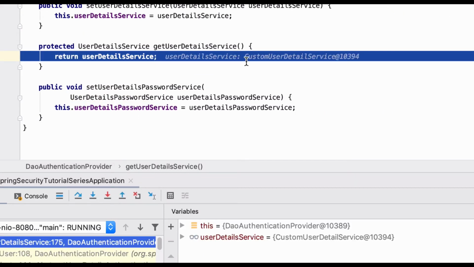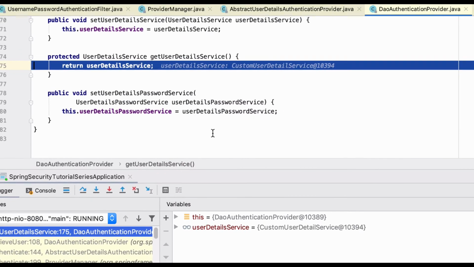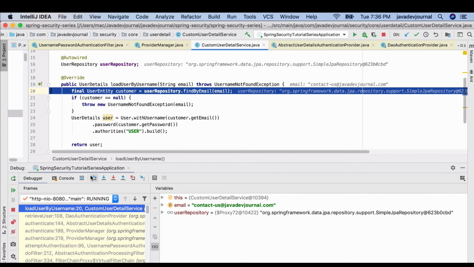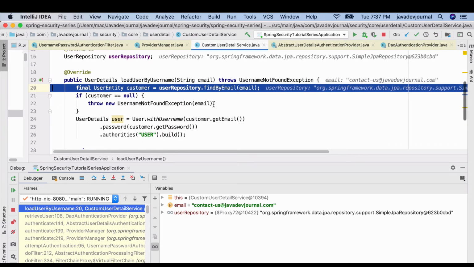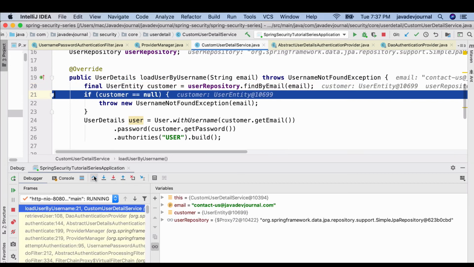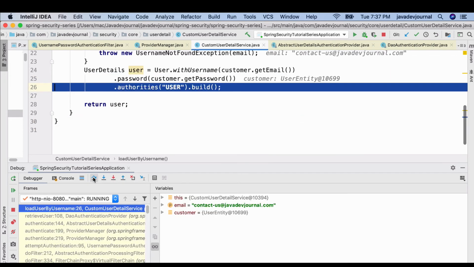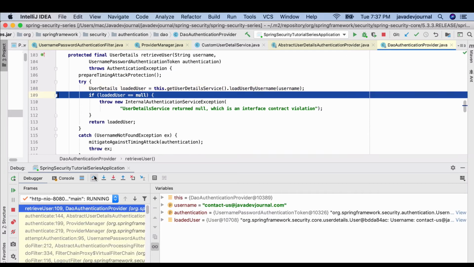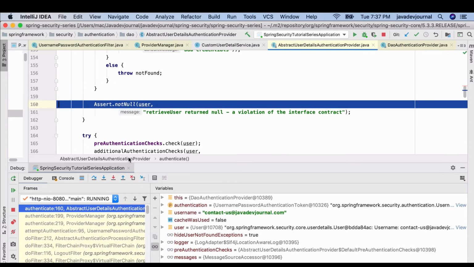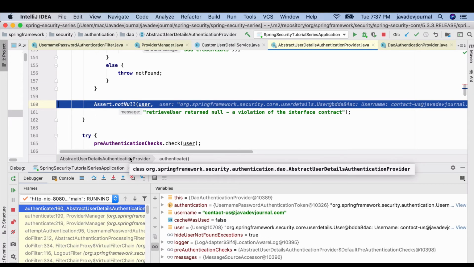So in our case, the custom user detail service is used, and this is our custom user detail service. And then it creates the user. All right, now we have the user.